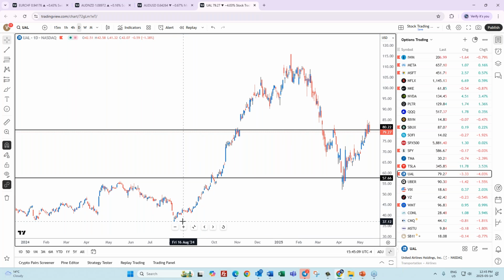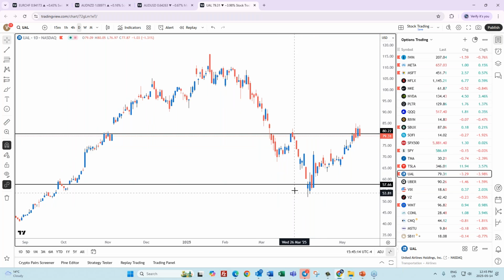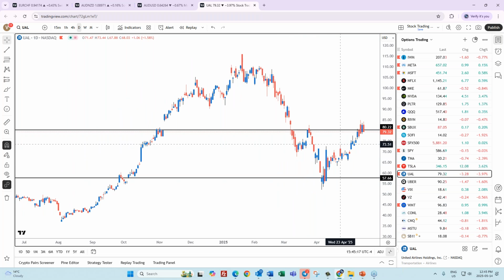If it goes below here, then you don't want it anymore. But here's the thing: if price gets to this level and you buy an out of the money call option, or even an at the money, depending on how much you want to pay, because options vary in price depending on the strike price, how far out of the money it is, and the time to expiration. I shouldn't get too deep into this during this webinar, but if you're looking at this until June, you could have bought a June option down into here, like a $50 or $60 option or something like that.